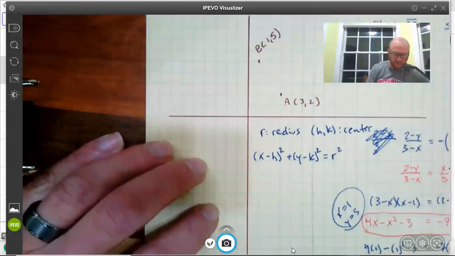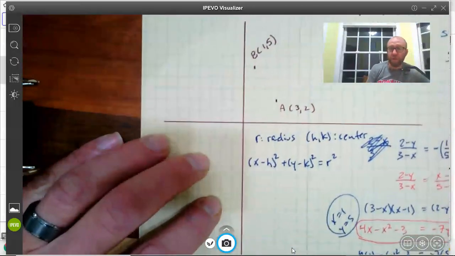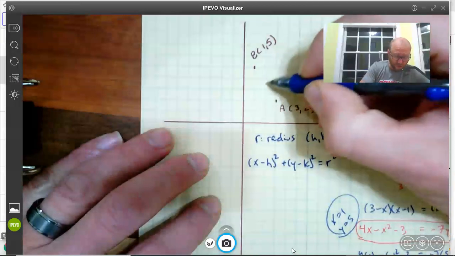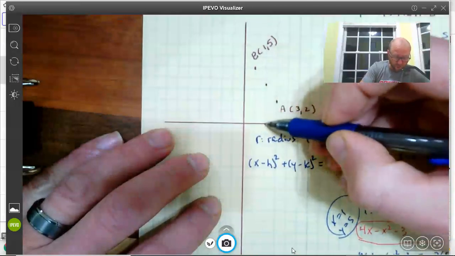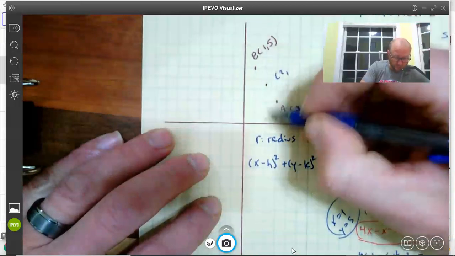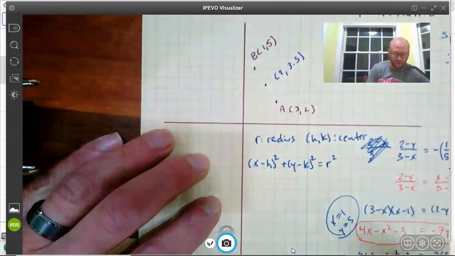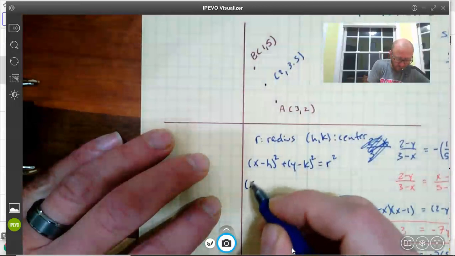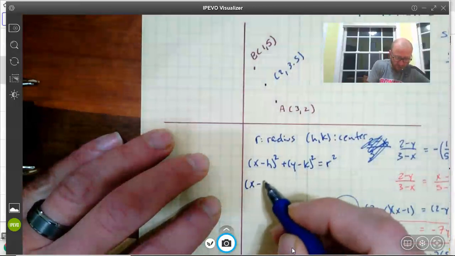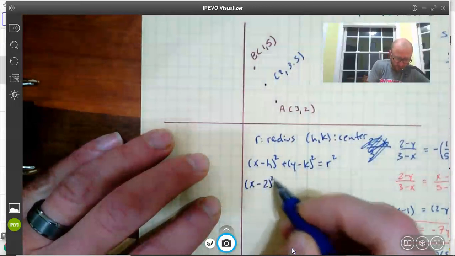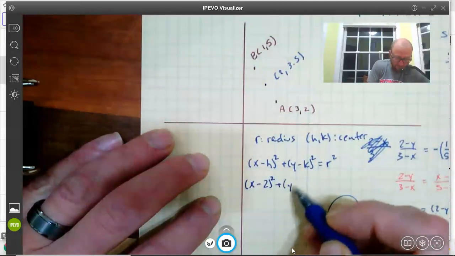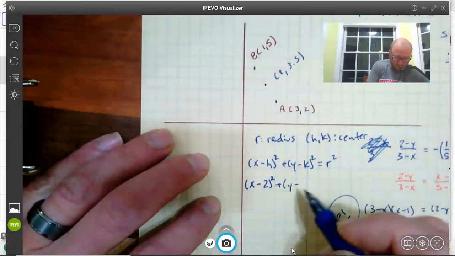So the center of this circle is going to be the midpoint, which we can find using the midpoint formula, or I can go here, it's 1, 2, and 1, 2, 3.5. Okay, I just plug those in. So let's see, we've got (x minus 2) squared plus (y minus